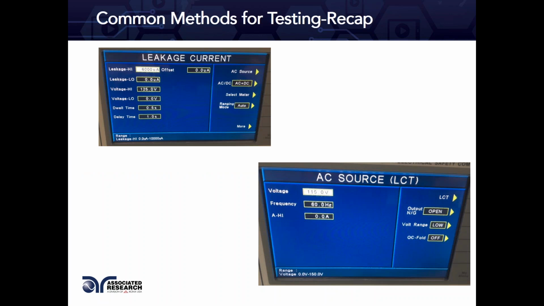If you focus on the picture at the bottom, this is the setup for the AC source. So what we're looking at is the setup for an internal AC source of one of our leakage current analyzers, the Omnia 2 series, possibly model 8207 or 8257s, that come with a built-in AC source. Remember, if you compare the voltage high and voltage low parameters that we were looking at earlier, this is where the AC source is set up to output the voltage that will be applied to the device